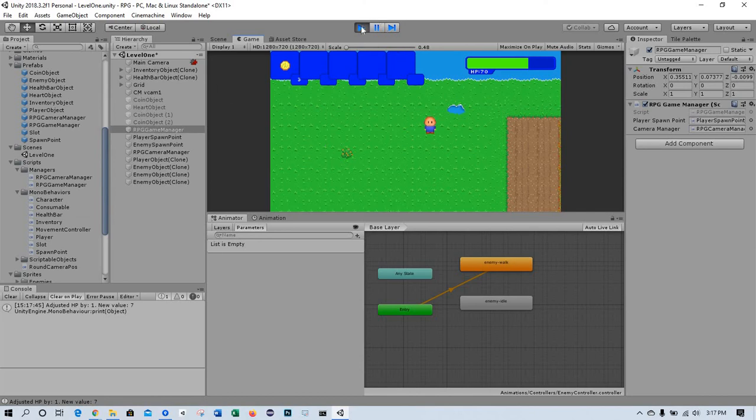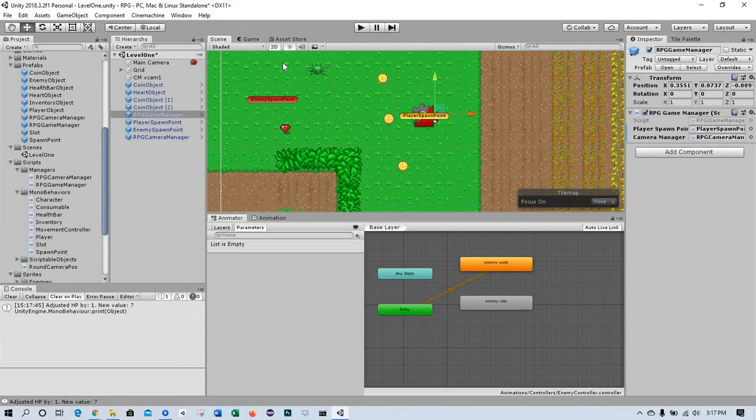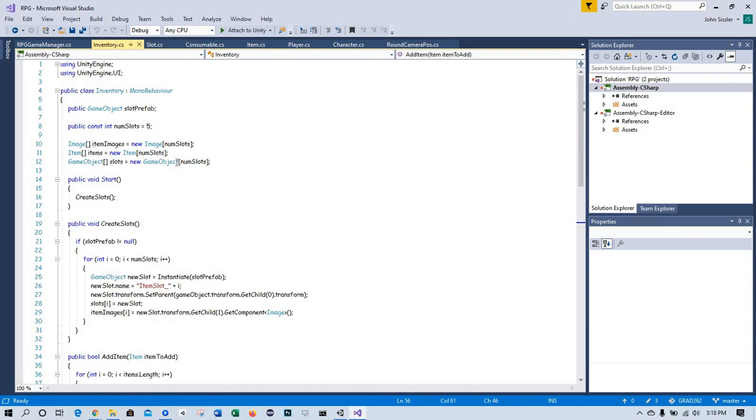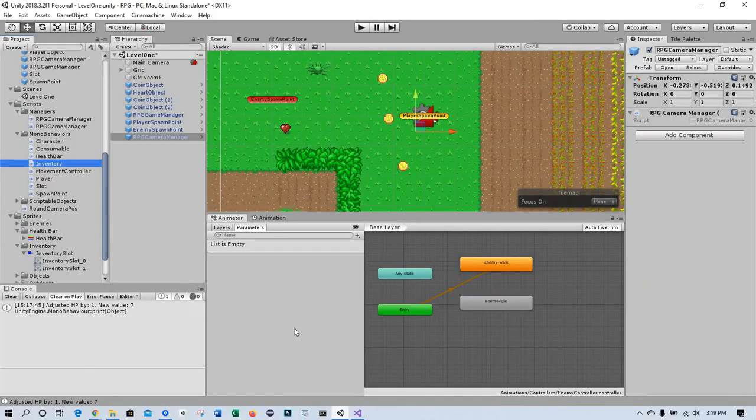So one thing while I'm thinking about it, we're only going to have one slot up here for the coins. So I'm going to go into the script and just set that from 5 to 1. That was the inventory script. So I'm going to go over into inventory and change number of slots from 5 to 1. That's all we'll be using for our little prototype. Control S save, back to Unity,